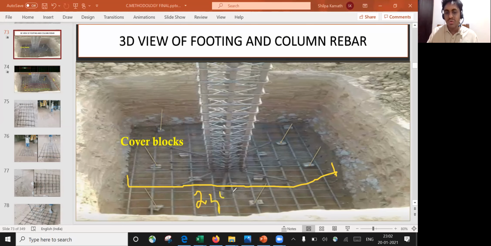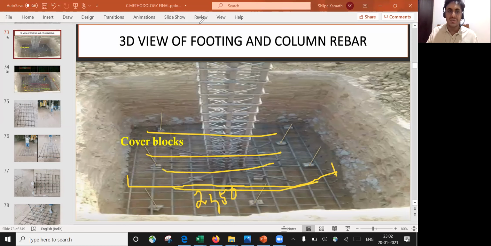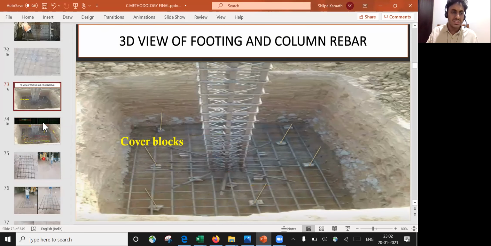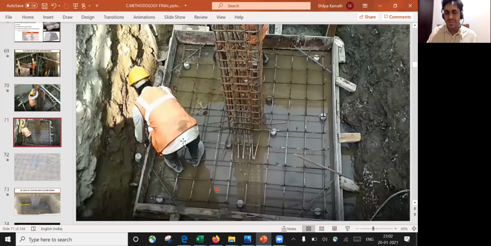But that is for the single bar. You can see a lot of bars have been placed here in these directions.